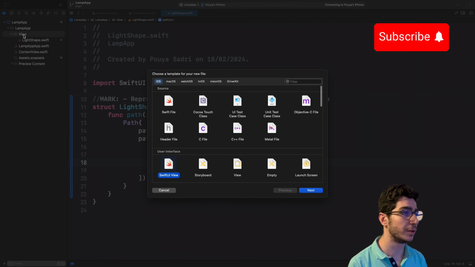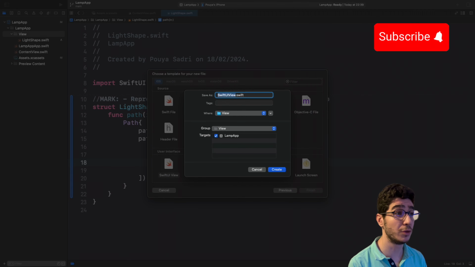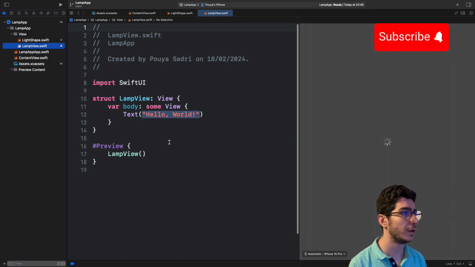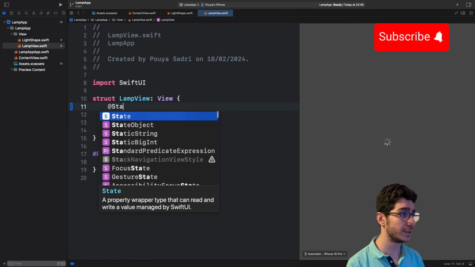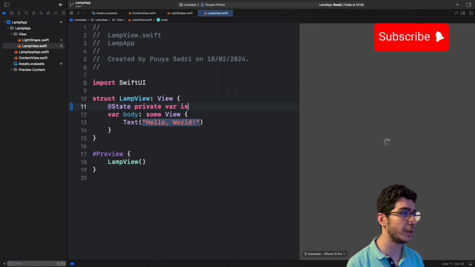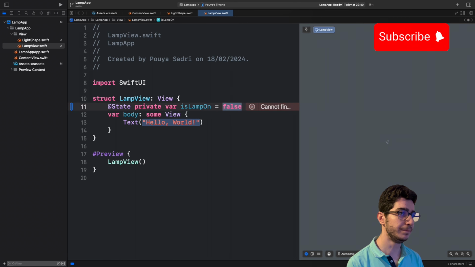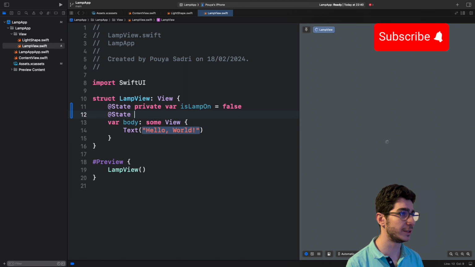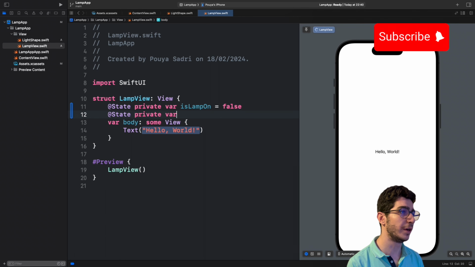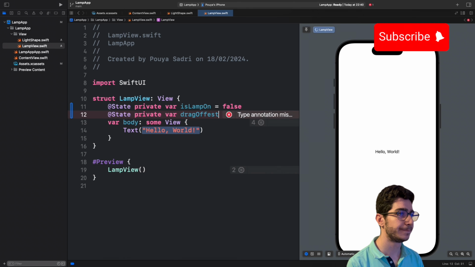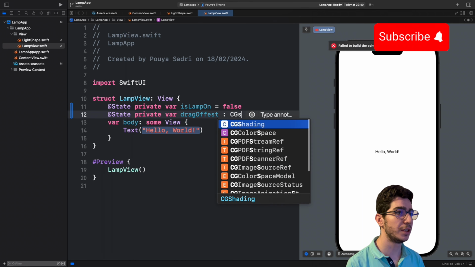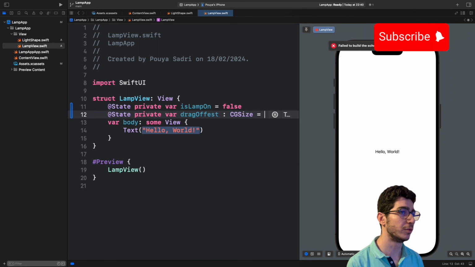Let me just create a new SwiftUI file, LampView, and in our view we have some variables. @State private var isLampOn = false, and again @State private var dragOffset, which is a CGSize equal to .zero,